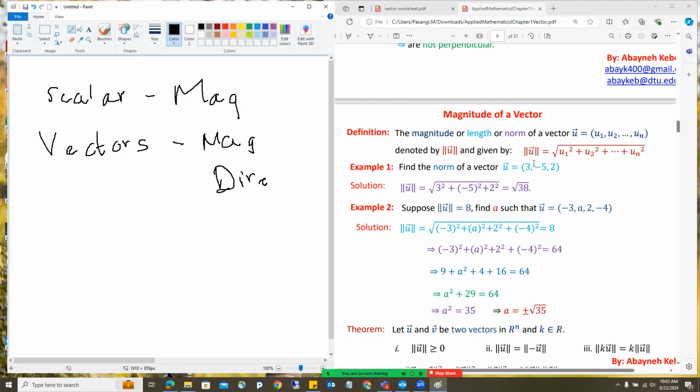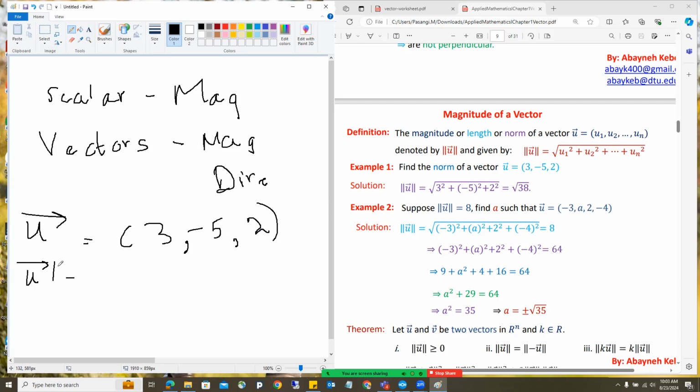So now when it comes to magnitude of a vector, for example, if I show you with an example, let's assume that I have a u vector called 3, minus 5, 2. Which means the u vector is,